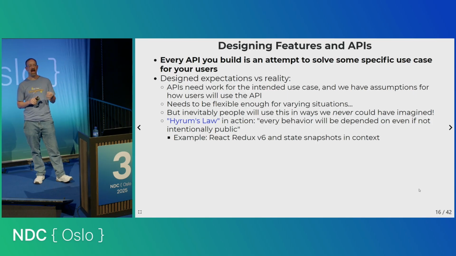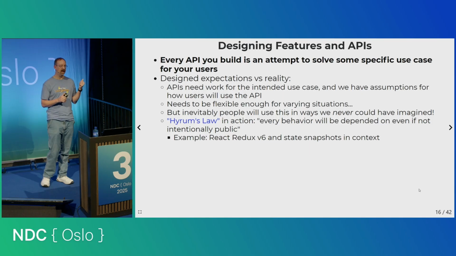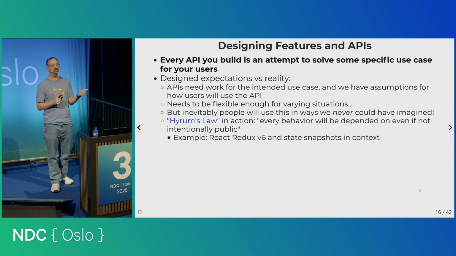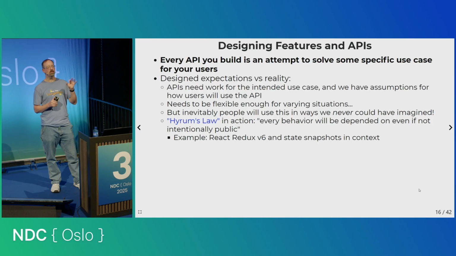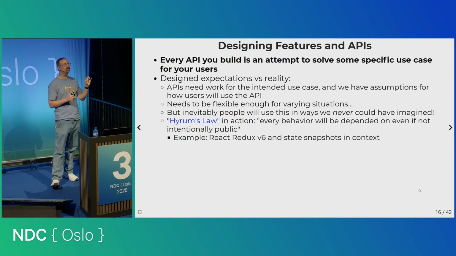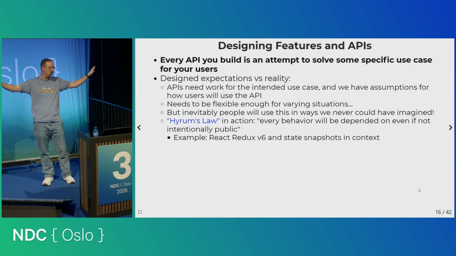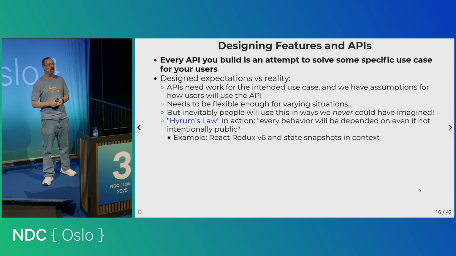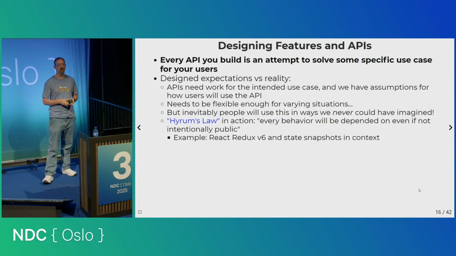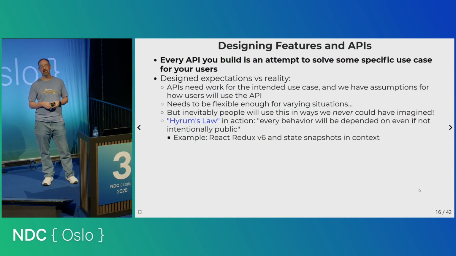initially people hacked around this by inserting new reducer logic in a class component constructor, because the component constructor would run before the mapStateToProps function would try to read that from the Redux store. So they could guarantee that the new data is available before your component tries to access it. Everything works great. When we put out React Redux version 6 in late 2018, which ended up being a mistake,